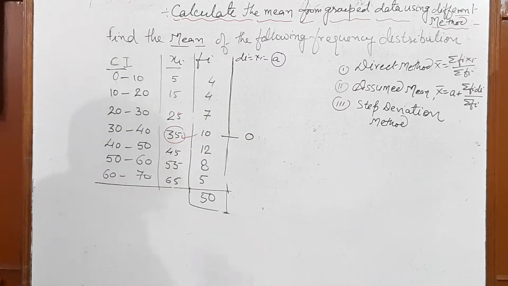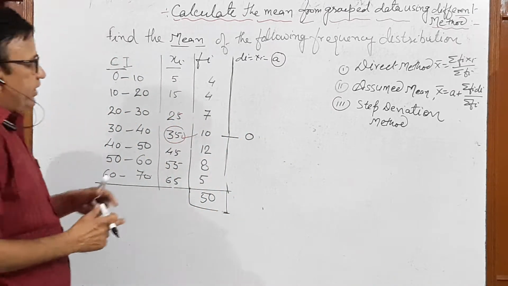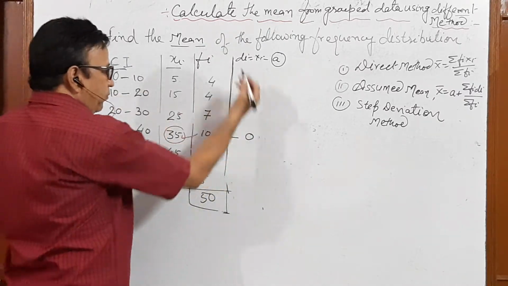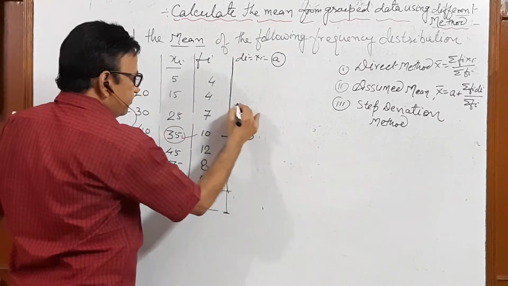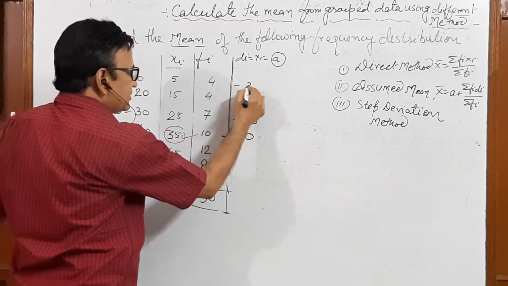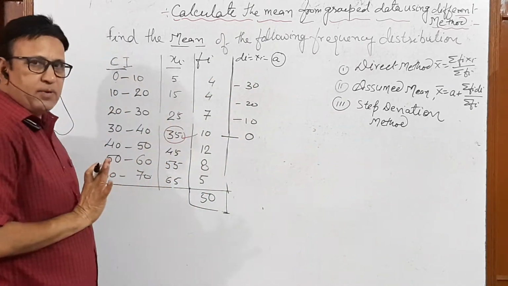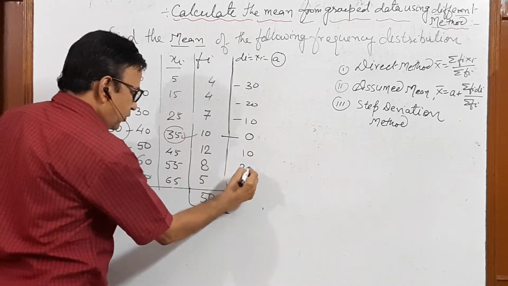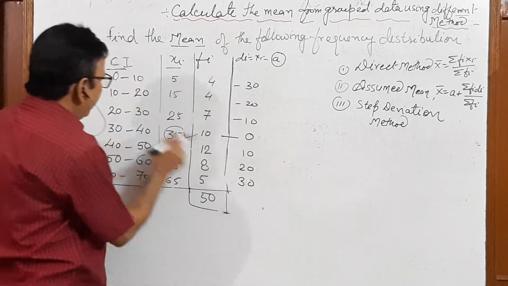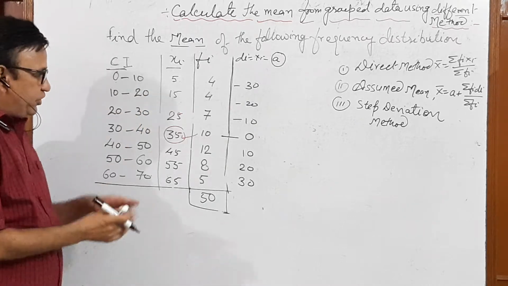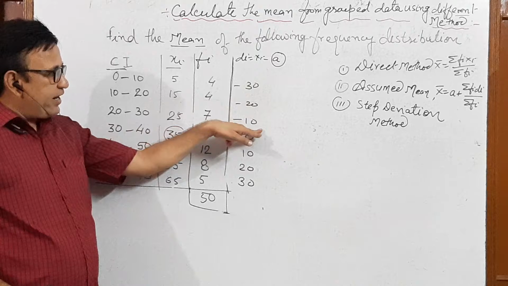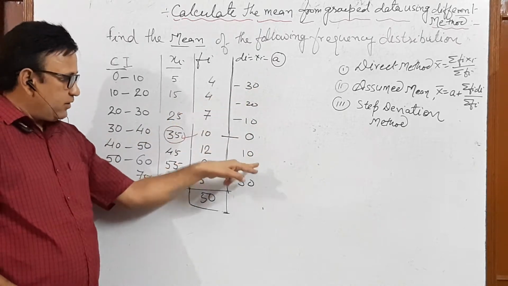Clear? Now understand it very carefully. Di. Then you know what is the difference here? 10. So in the upward direction, you go minus 10, minus 20, minus 30. Simple. You can write this in each and every question. Here 10, 20 and 30, the difference of the class interval. I put 0 here, then the difference is 10, 10, 10. So it increases 10, 20, 30, and 10, 20, 30.